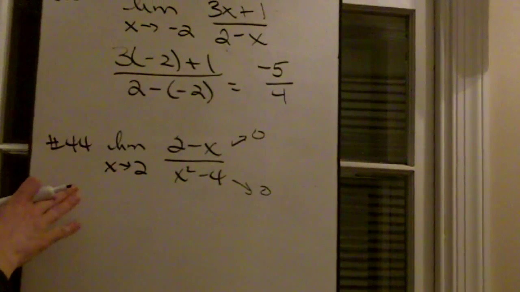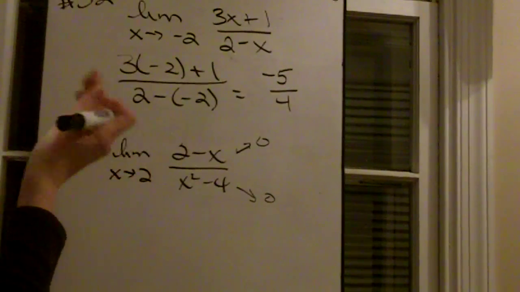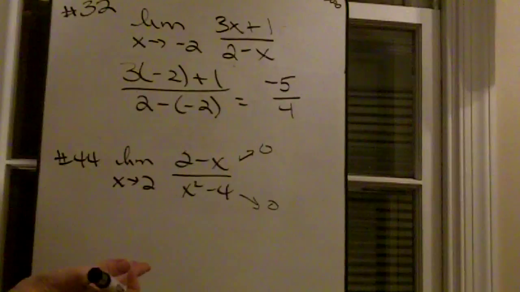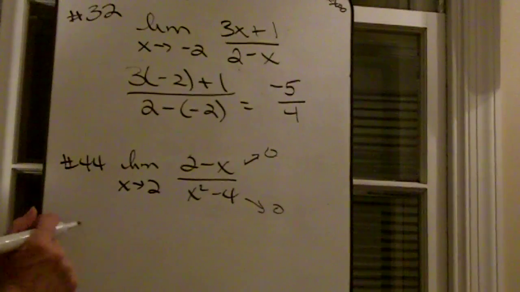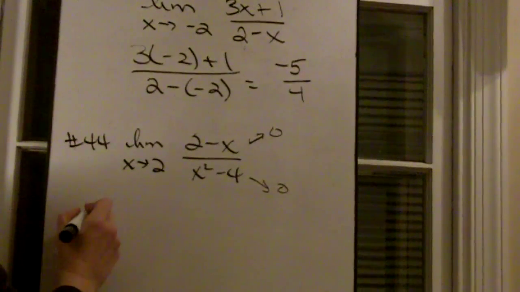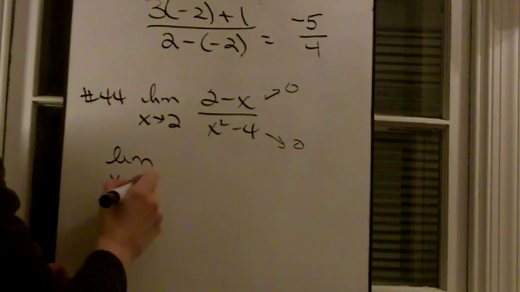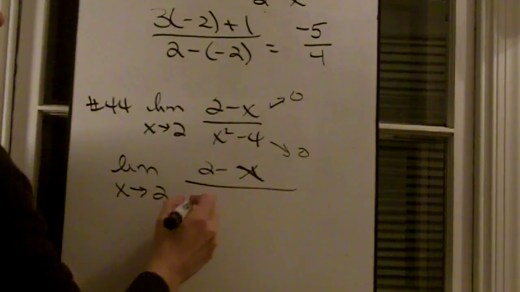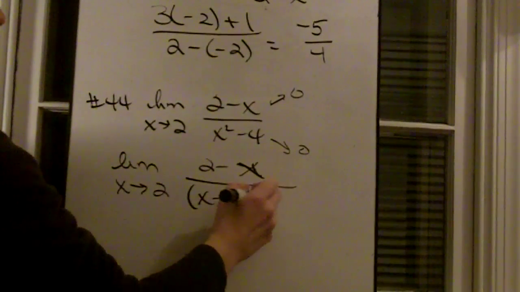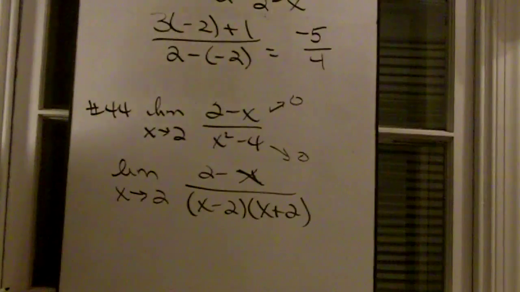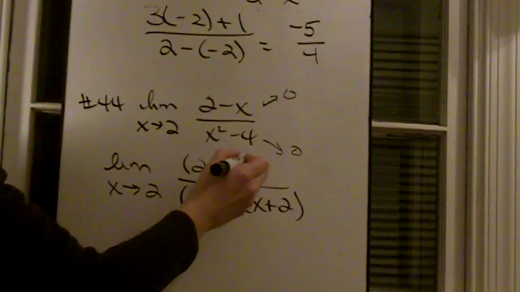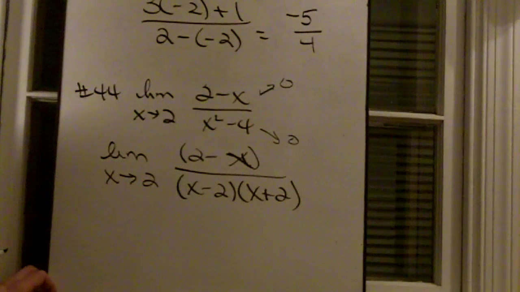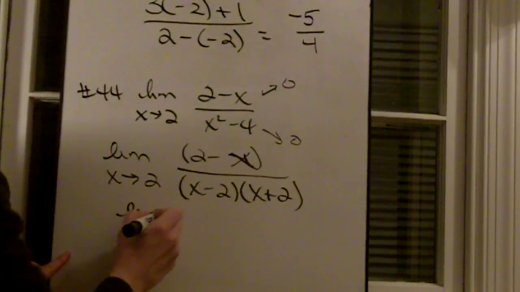And as we talked about in class, whenever your numerator and your denominator go to 0, you can't determine what the limit is without doing a little bit of algebra. And the algebra that you want to do here is you want to factor. If you factor the bottom into x minus 2 and x plus 2, then you notice that you can divide 2 minus x and x minus 2 because they are exact opposites. And so you will end up with